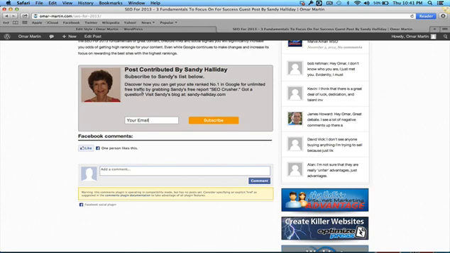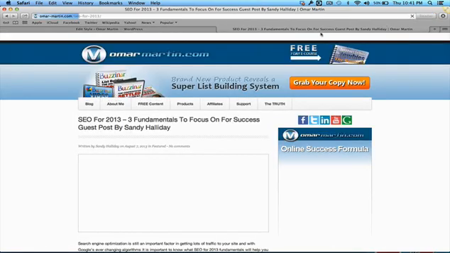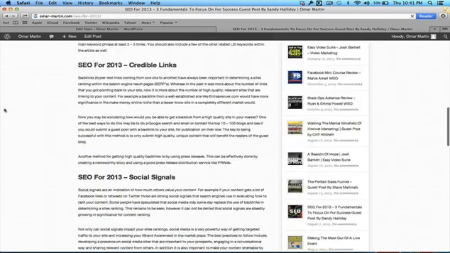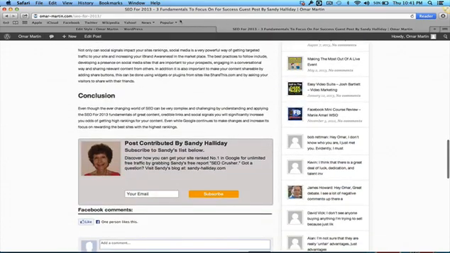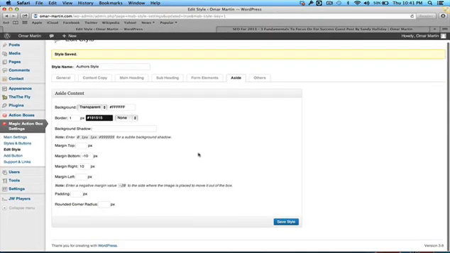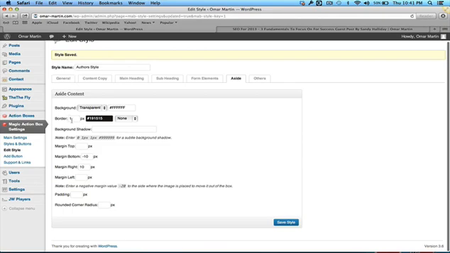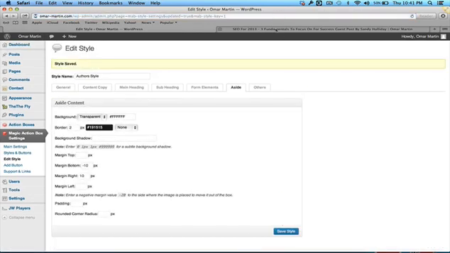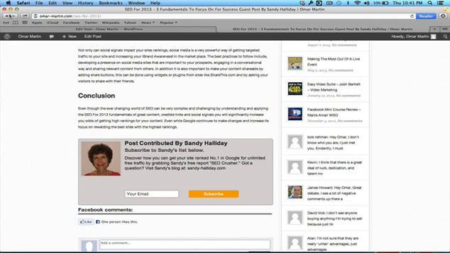Let's say you were giving away an ebook or something. That could be an ebook, that could be whatever. I could click Refresh, and that now should turn to a black border around her, and it didn't. So I probably did something wrong. Then I save my style, border 1 pixel. This is transparent. Let's go 2 pixels and see if maybe I did this wrong, which I hope I didn't. Let's refresh.